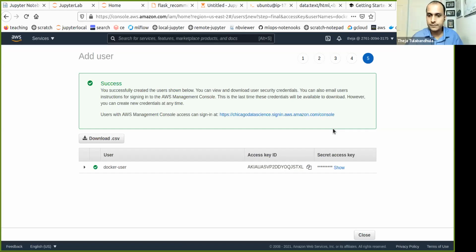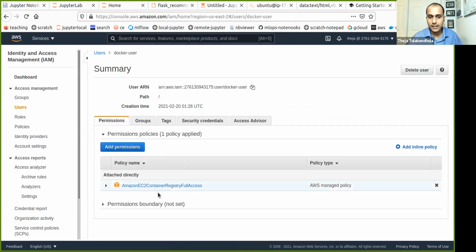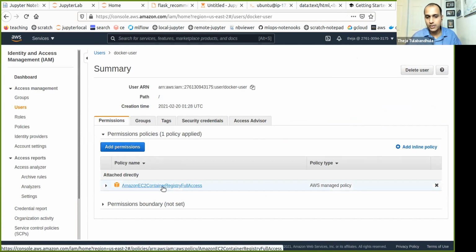Let me quickly stop sharing. Okay, I just copied those two. And that's it, close. Now I have this Docker user, and this user has Amazon EC2 container registry full access.